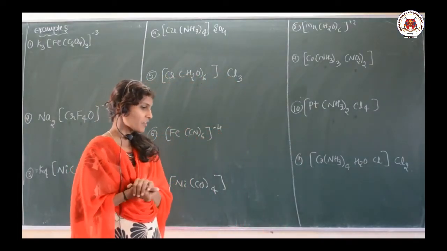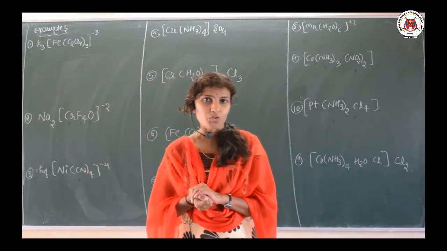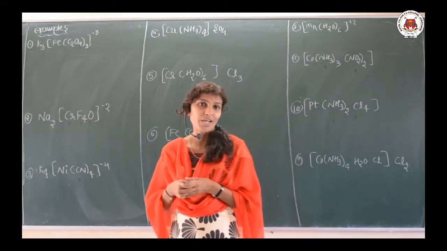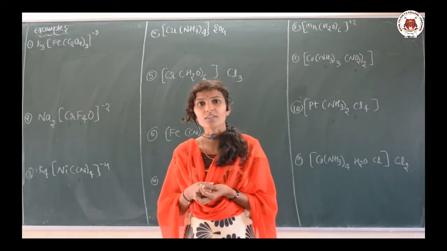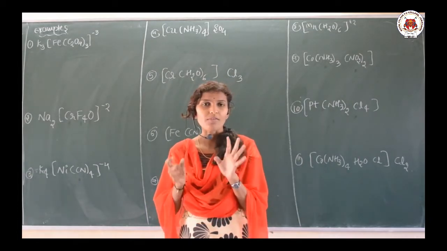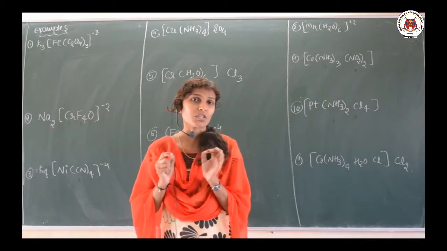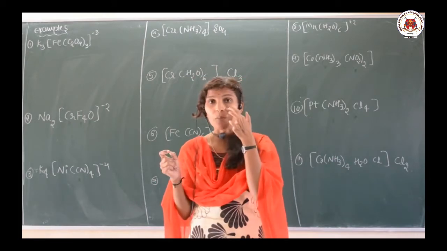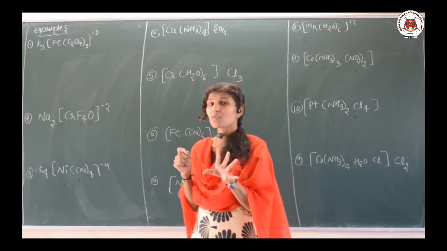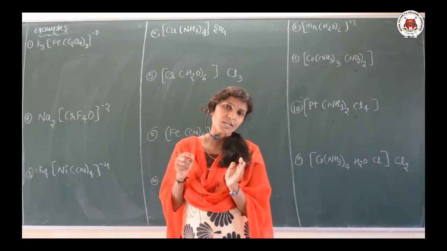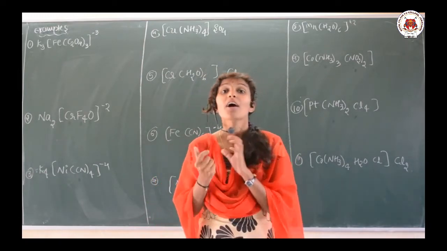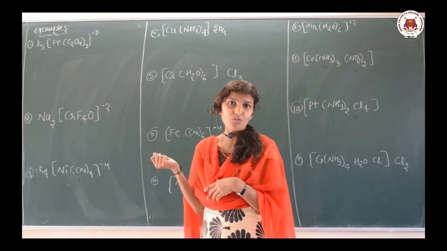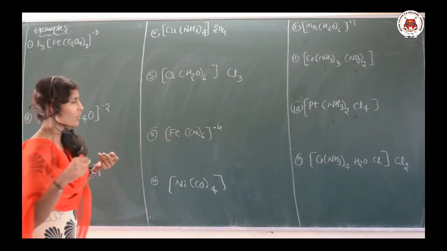In our last class, we discussed the nomenclature of coordination compounds, and I solved a few examples during that time. Today, a few of you are confused about how to find the oxidation number of the central metal atom. So first I will clarify this concept, finding the oxidation number of the central metal atom, then we will solve for the naming of those compounds. In today's session, we are going to discuss only how to find the oxidation number of the central metal atom or ion. For the naming process, we will make one more video. Let us go for the concept.